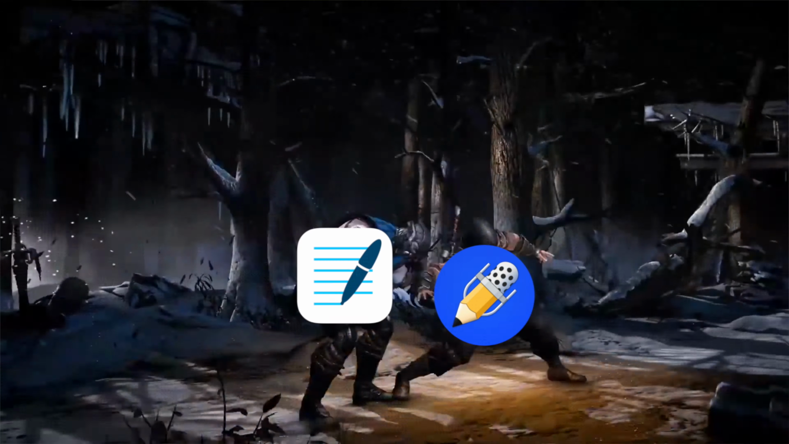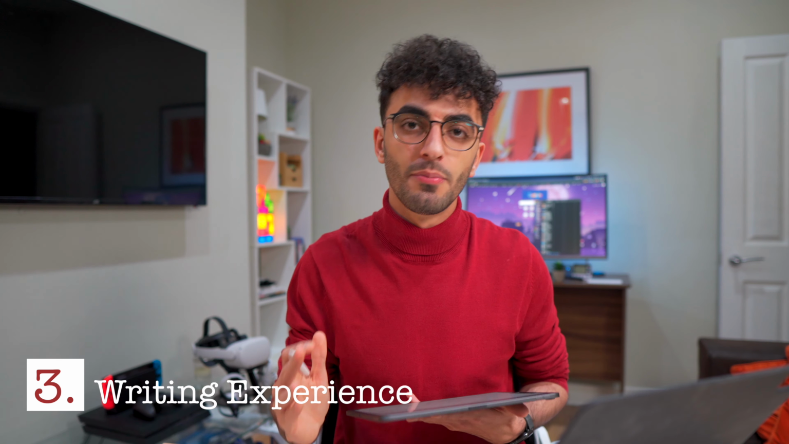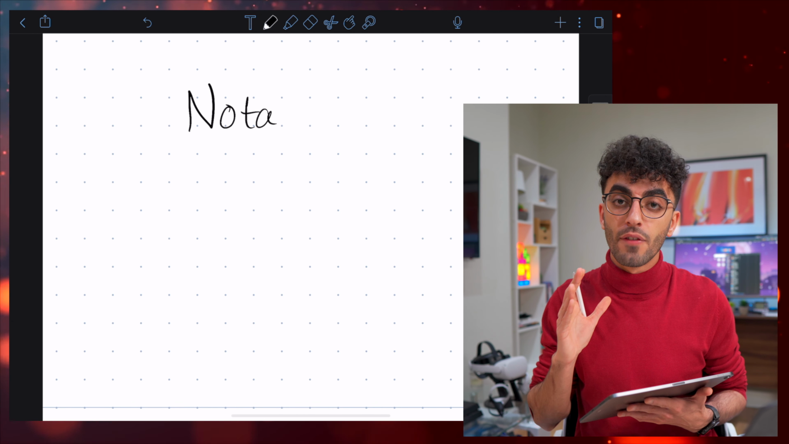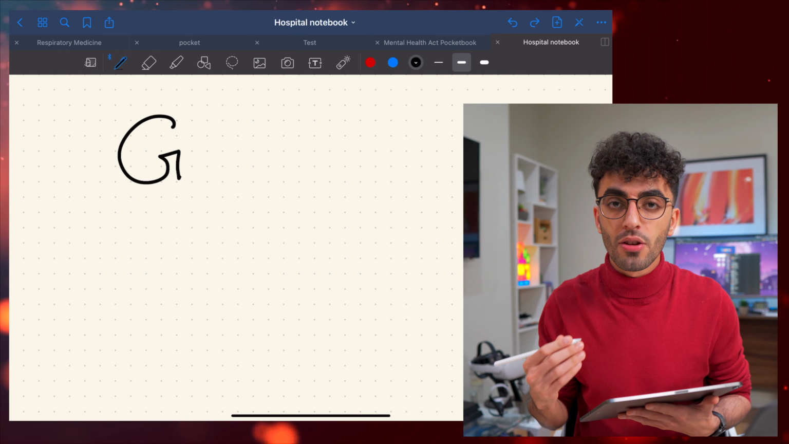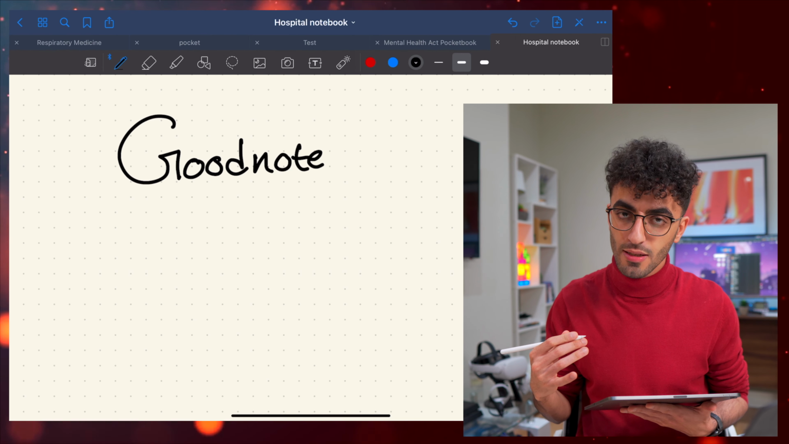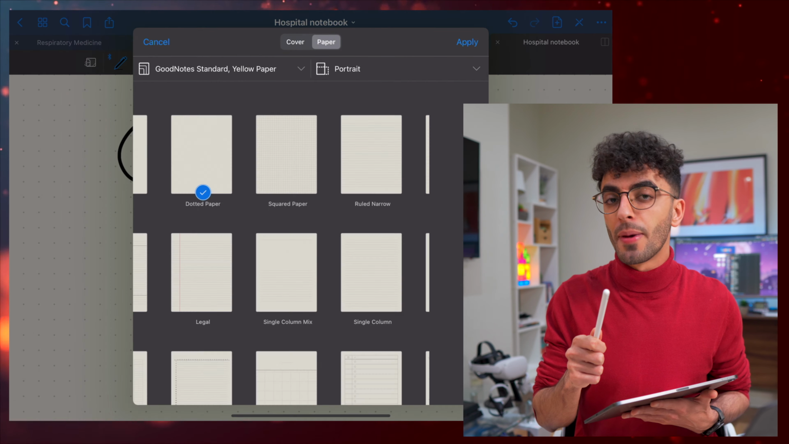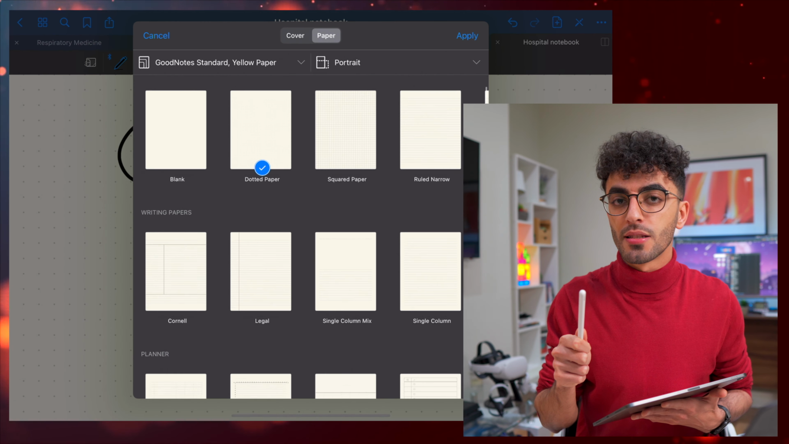Next, let's talk about the writing experience. Now, this is the most important one. Luckily, both apps have a great writing experience and will make your handwriting look a lot better than what it is. But the deal breaker for you is going to be the paper templates. Goodnotes has a wide selection of paper